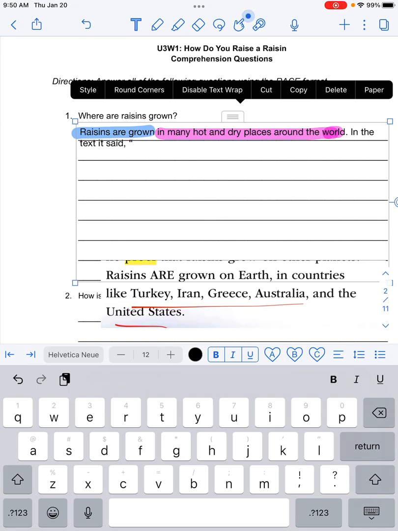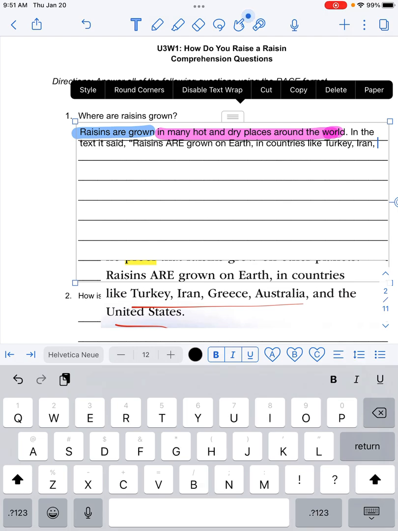Turkey, Iran, Greece, Australia, United States all have hot and dry places. So I'm going to copy the exact words. Raisins, oh look, they capitalized are, so I'm going to do the same thing. Are grown on earth, they put a comma, I need a comma, in countries like Turkey,